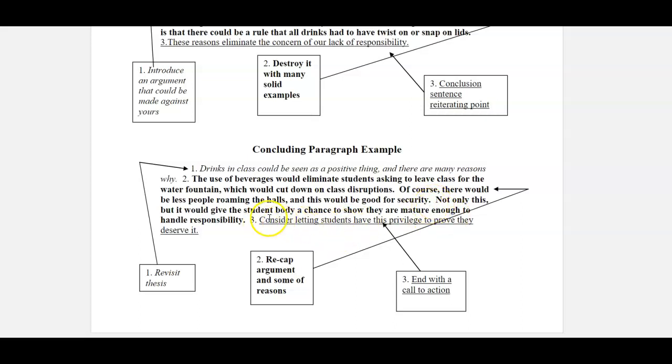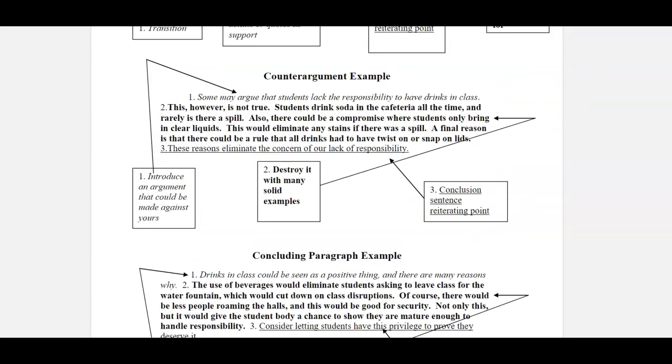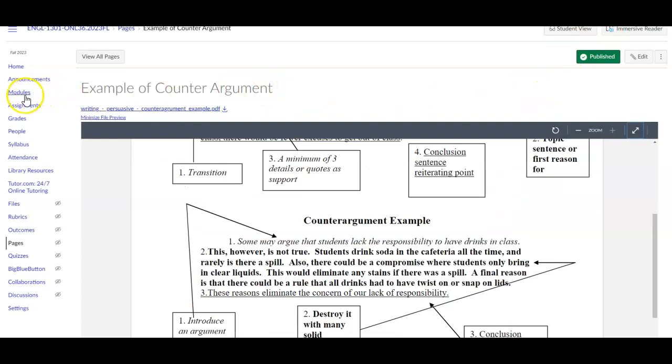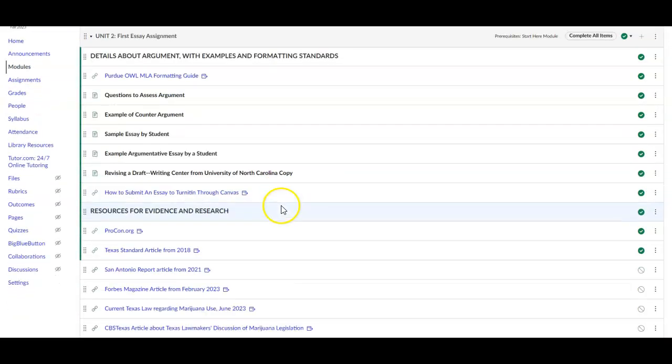Again, you don't really need to have this one. This will be fine right here. This conclusion: not only this, but it will give the student body a chance to show they are mature enough to handle responsibility. Letting students have the privilege of bringing drinks to class is an opportunity to prove they deserve it, and period, there you are. So this gives you an idea of how you can look at a counter argument and also a conclusion. Again, it's a simple handout that offers you that view. And then what I also have for you